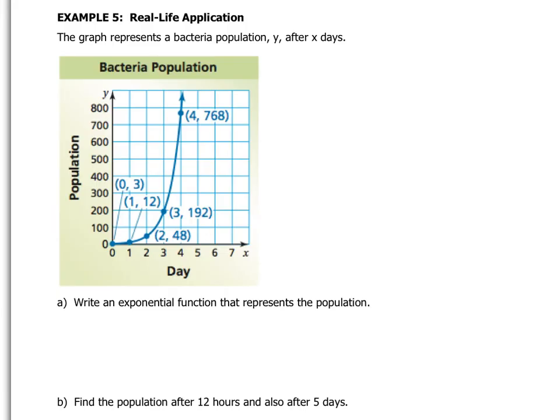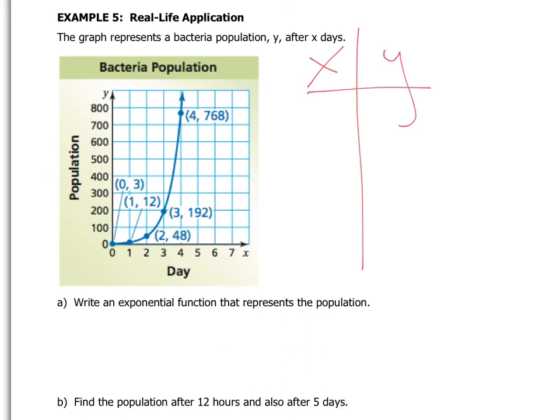So now we're going to start using the information that we know about the exponential function models to decide how we write an exponential function based on information that we are given. Here we have a graph of bacteria population y after x amount of days. So we want to write an exponential function that represents this. Well, we have the graph, and we certainly have some points here. We could very simply make a table of those points